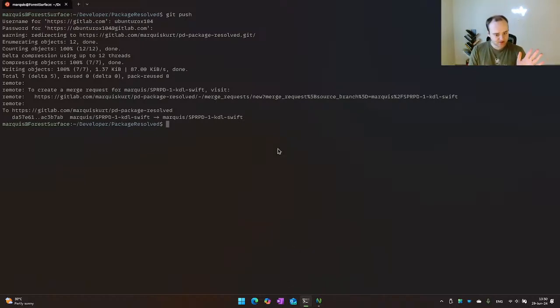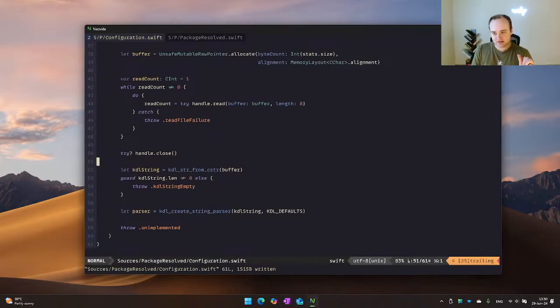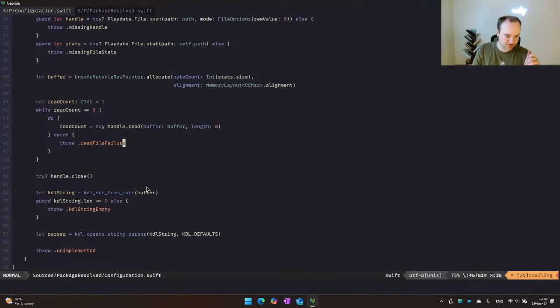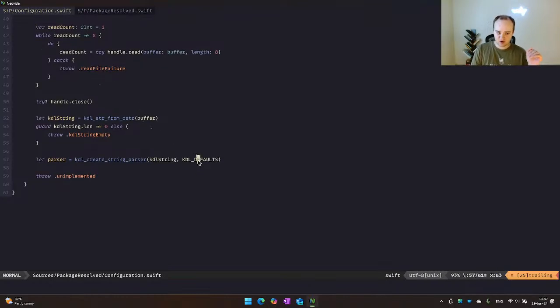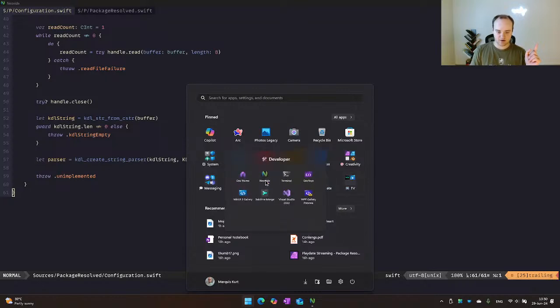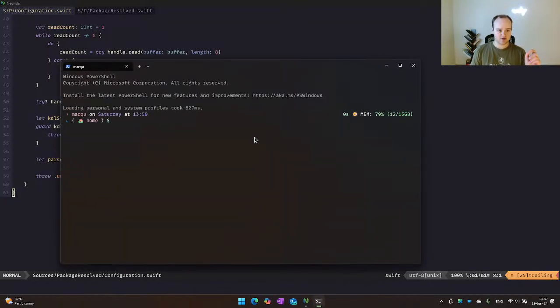So that's up. I think this is probably where we're going to end it here for now. Next week we'll pick this back up and actually write the parser. Because this has kind of run on a little long, and while I'm entering the flow, I don't want this to take too long because I do have some other stuff that I need to take care of today. So let me just make sure that we have this. Oh, we also need to take care of the Playdate kit one. That's right. Let me do that real quick.